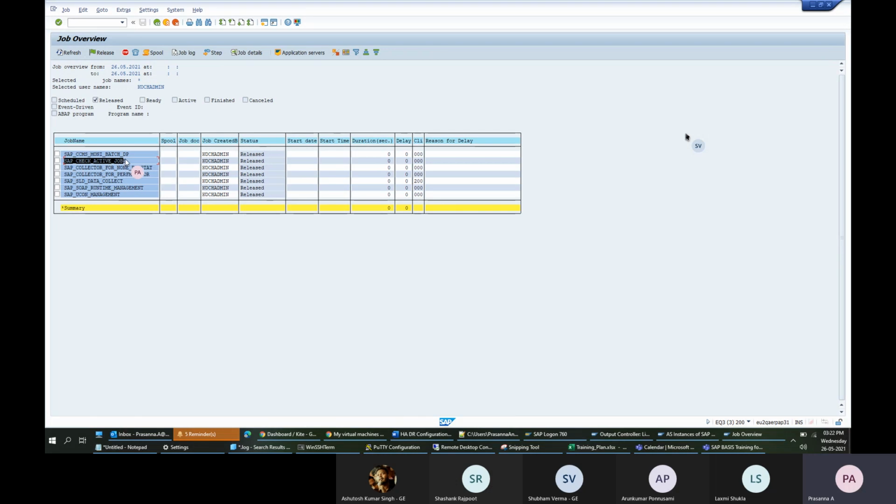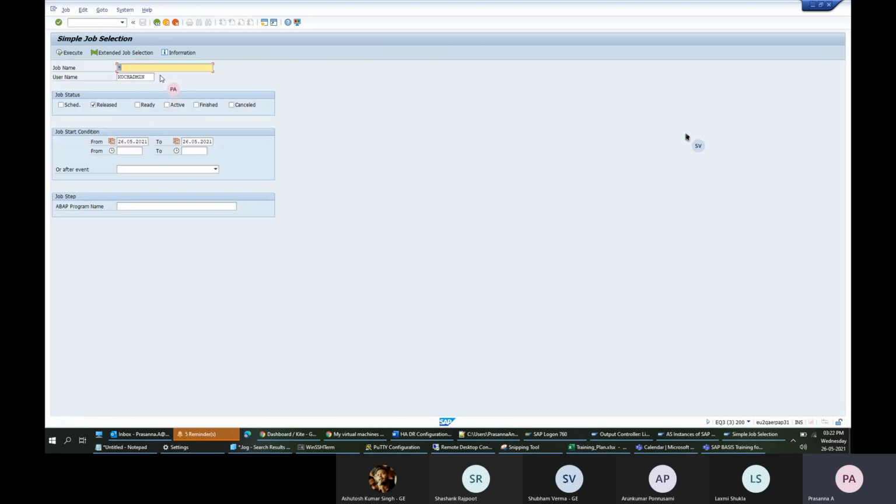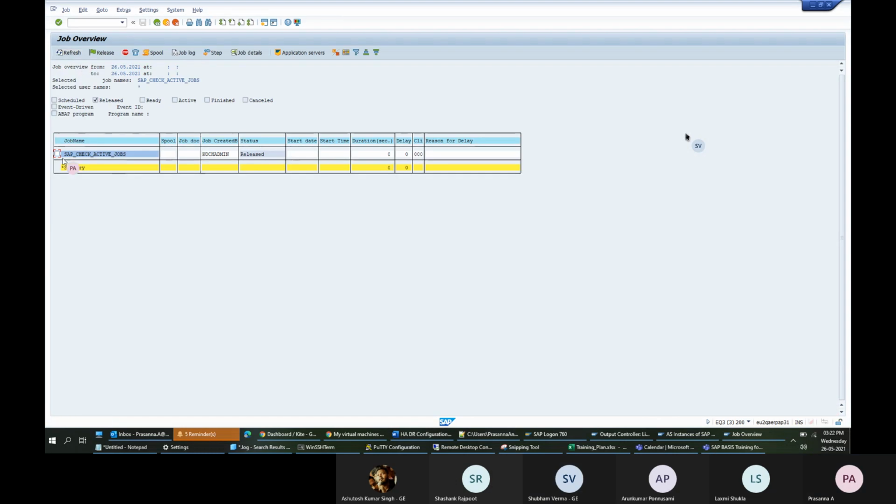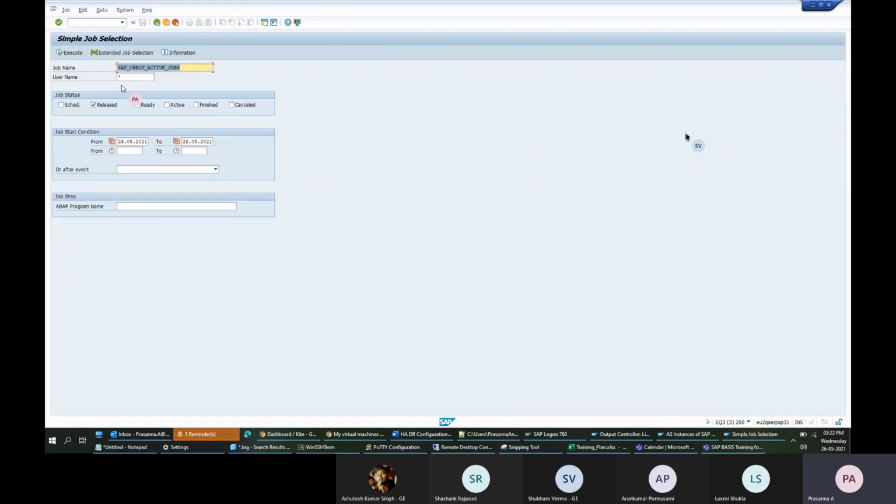But if I want only this job, I give a job name, and I want to check which users have run this job, then I give that job name and give star for the user. Only this user has run it, so only one is showing. But if multiple users have run the same job, then you will get more entries there.